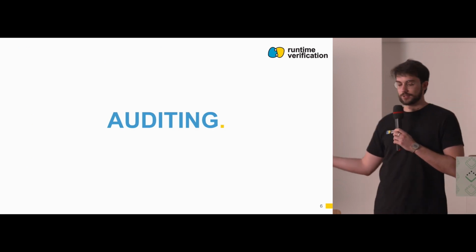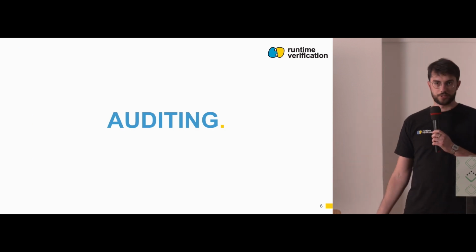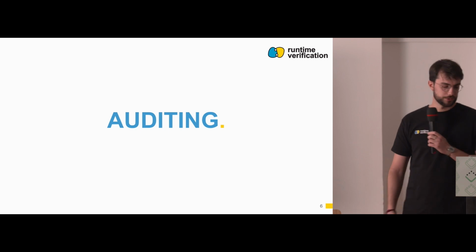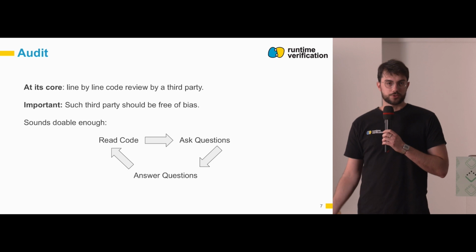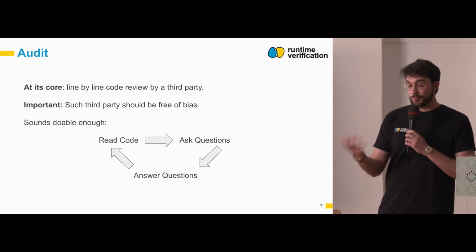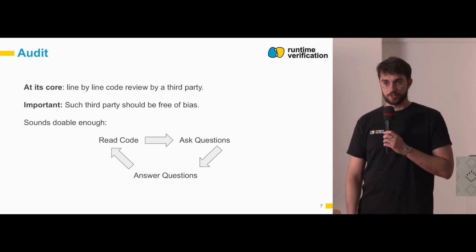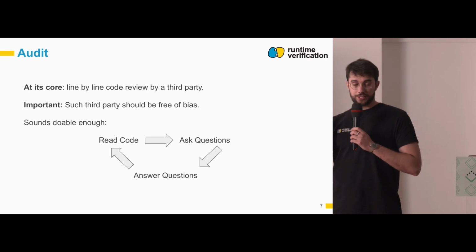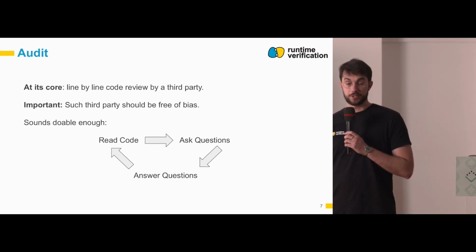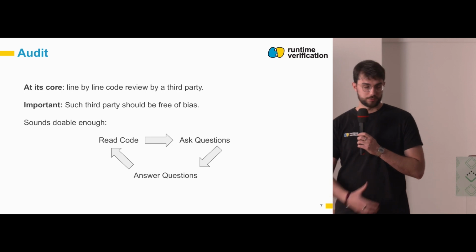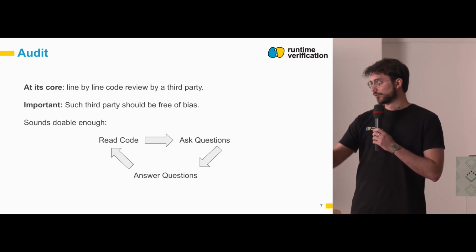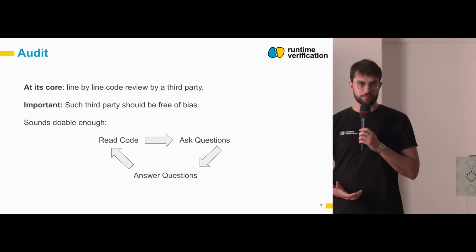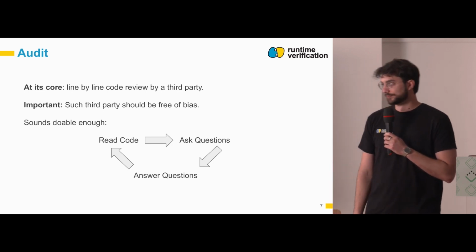So auditing, right? What is auditing really like, and how do we do it at Runtime Verification? Basically, auditing at its core is a line-by-line review of the code base of your protocol. It's important that the person doing such a review should be free of bias, but at the very core of the process is the cycle of reading the code, asking questions, and answering them, or at least trying, and